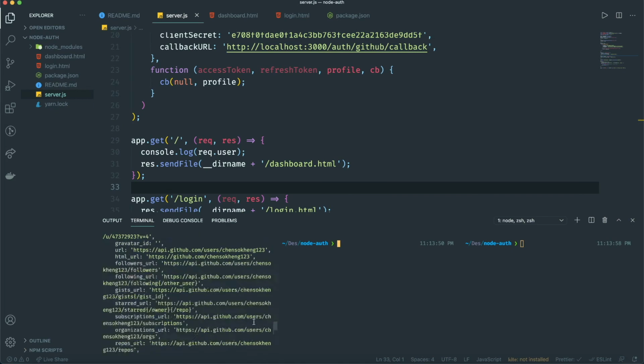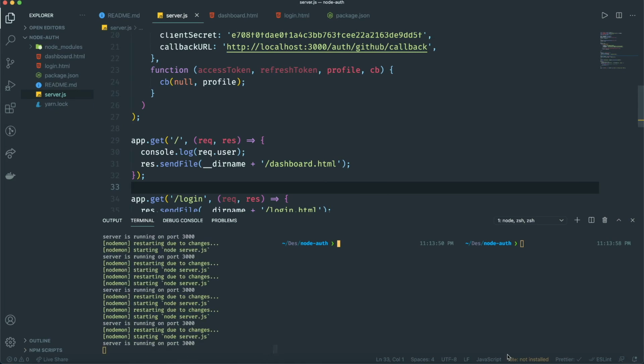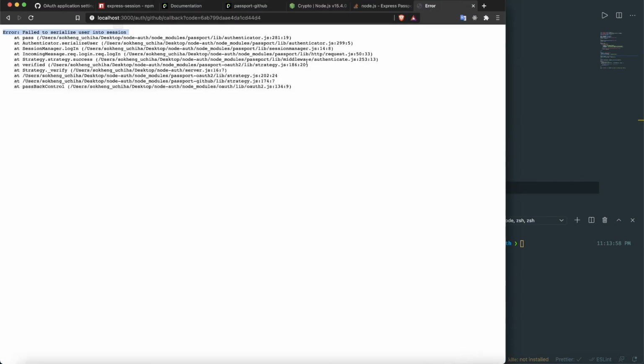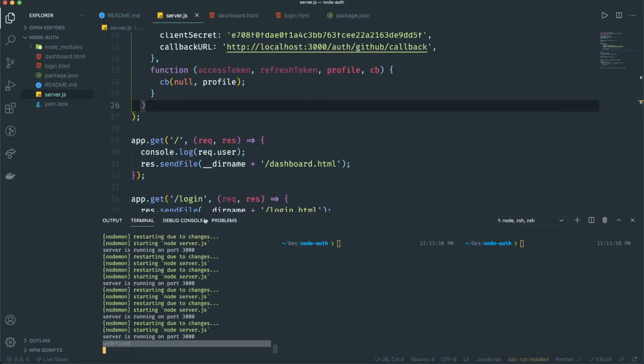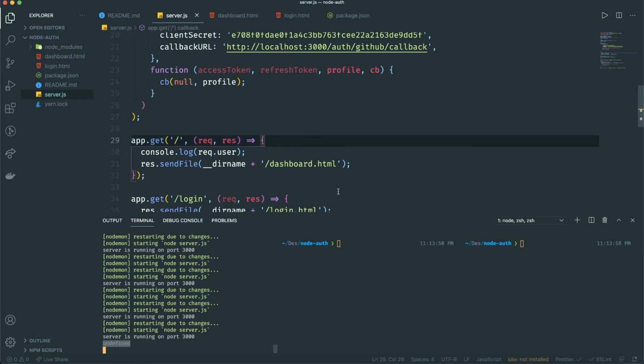So open our terminal. Right now, if I try to access after login, go back in here after login, it's going to redirect me to the dashboard. When we render this one, as you can see, it's undefined, because we have not yet set the sessions. So to add the session,